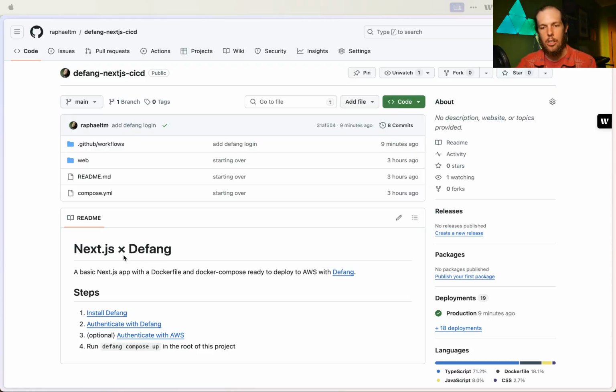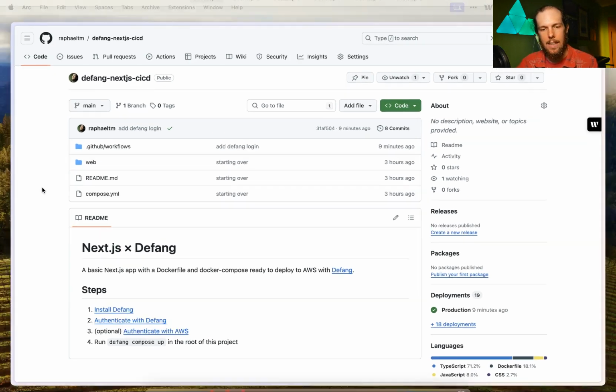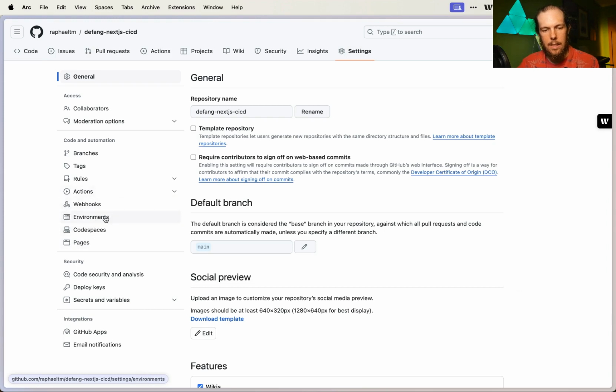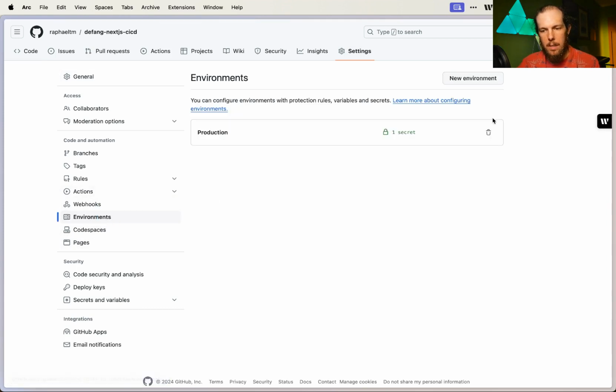up a token and all of that stuff. Well, it is actually easier now, so I'm going to show you. So here we have the exact same project that we looked at last time, but I'm going to walk you through a simpler configuration. So I'm actually going to go into my settings, into my environments, and I'm just going